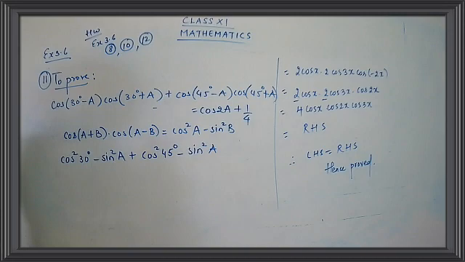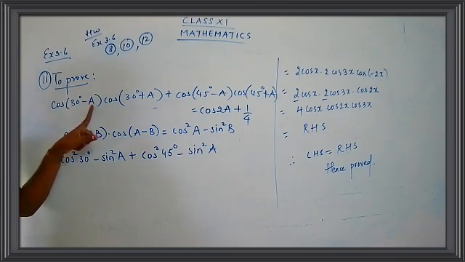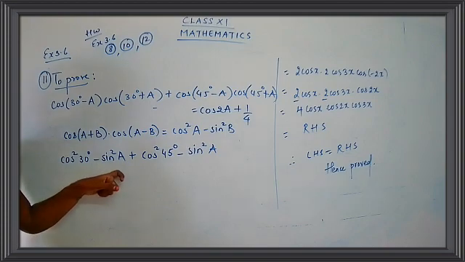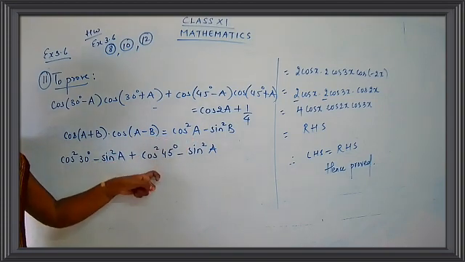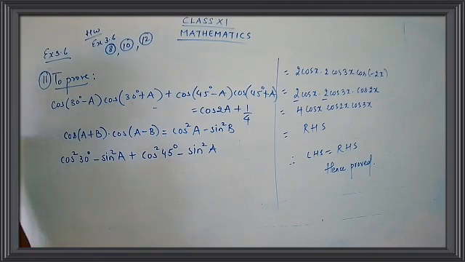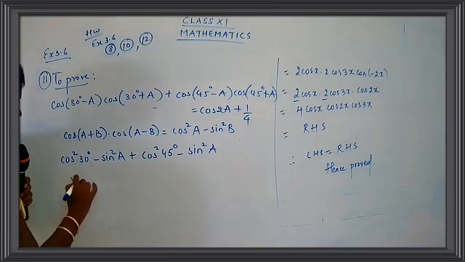What I'm doing is I have just applied the formula cos square A minus sin square B. What is A here? A is 30 degree. What is B here? B is A. So I get cos square 30 degree minus sin square A. For this part, I get cos square 45 degree minus sin square A. I know the value for cos 30 and I know the value for cos 45. I hope you people have the tables with you. You can refer to your trigonometric values table and apply the values. So what is the value for cos 30? It is root 3 by 2. Okay children, what is the value over here?